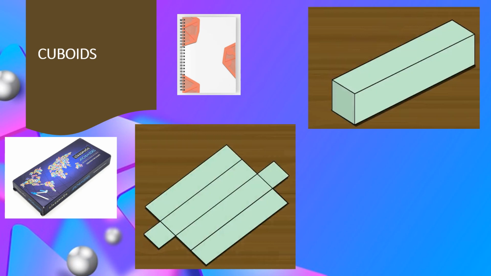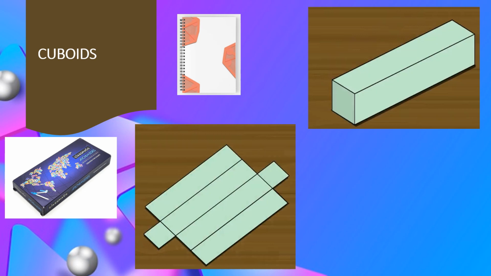So here we have the first one, that is cuboids. Now children, you have learned to make a cuboid from its net last year, right? In fifth standard we have learned how to make a cuboid using a net form. We have also learned some examples of which things are cuboidal in shape. Some of them I have kept over here, like a geometrical box or a compass box, your books, even a pack of biscuits. When you take biscuits, it's the entire pack. When you catch it in your hand, it's in cuboidal shape.